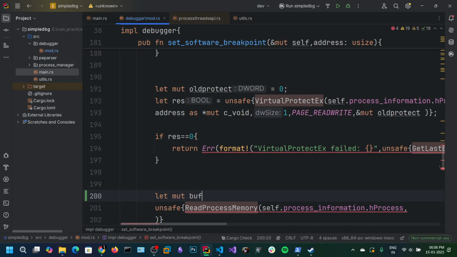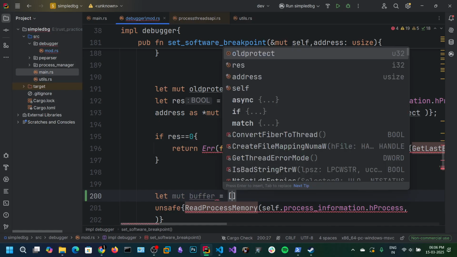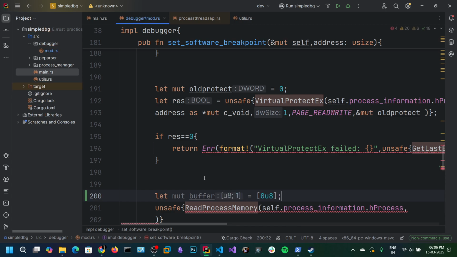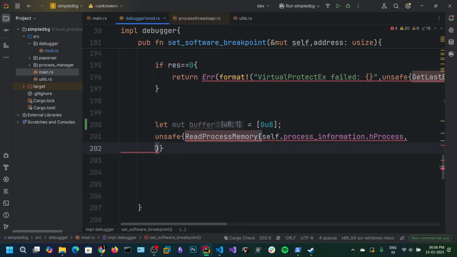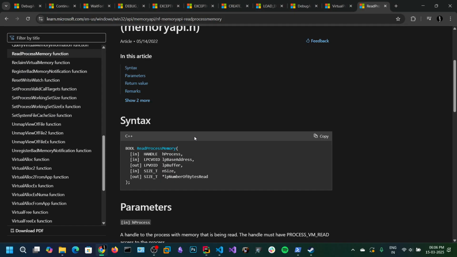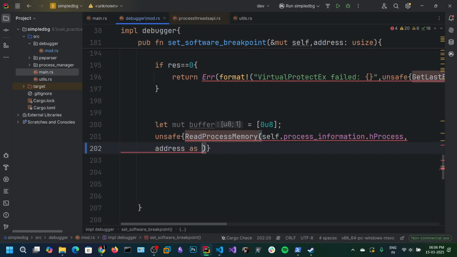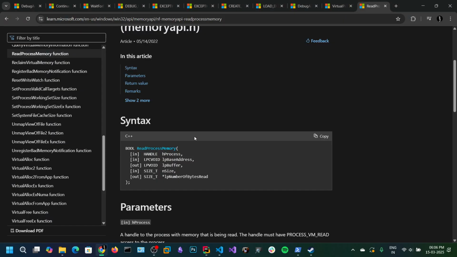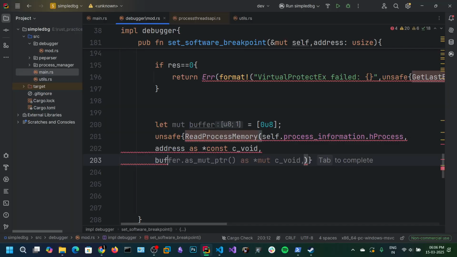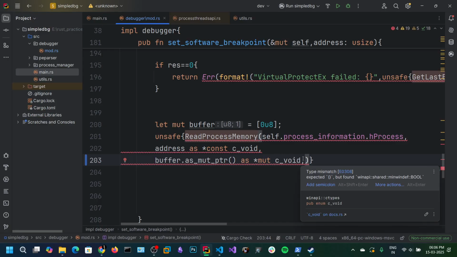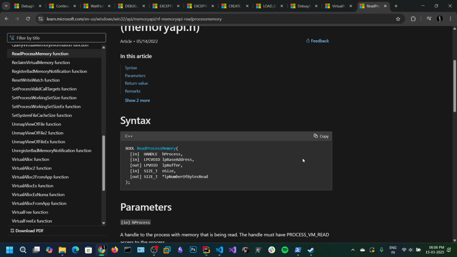So let mut buffer equal to 0 u8, address, and I am going to pass the buffer pointer as *mut void, a raw mutable pointer, and the 1,